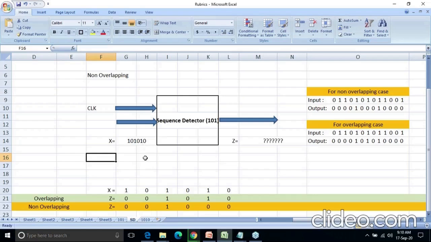Okay, now what is meant by that? What is the input to the sequence detector? That is, one is clock and the second is X. Now in the PPT, as I have mentioned, X is a string. X has a bit stream. So what is meant by bit stream? It has 1 0 1 0 1 0, whatever input you want to give, that is the string you